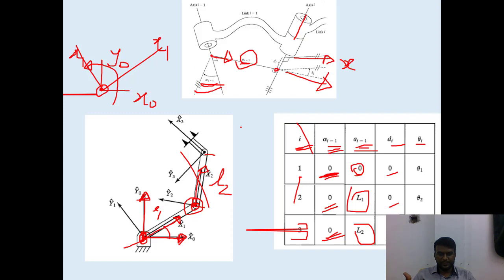It is difficult to understand on paper, so consider a 3D space. Suppose there is a box here and another box here. I attach one x axis here and one more x axis here. The distance between these two axes is called the offset. Because all these x axes are in one plane, there is no offset here. All these will be 0.